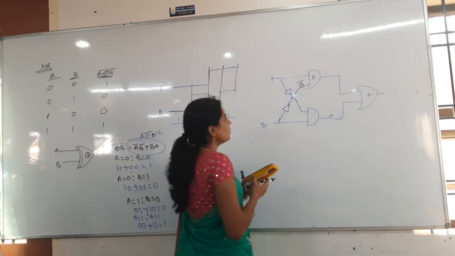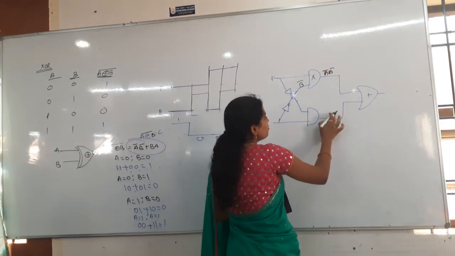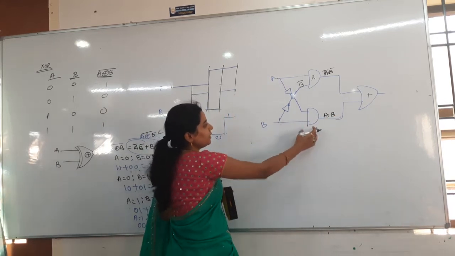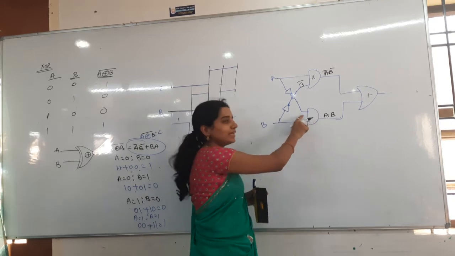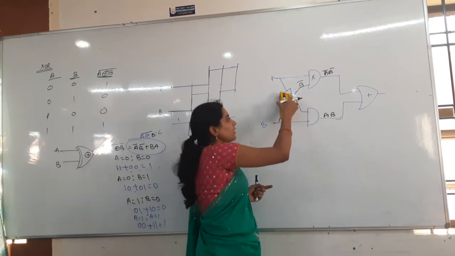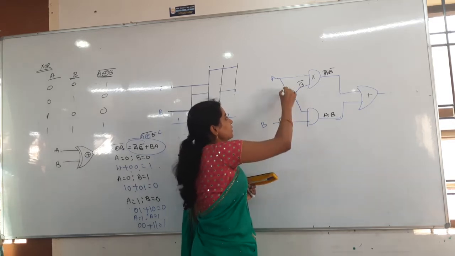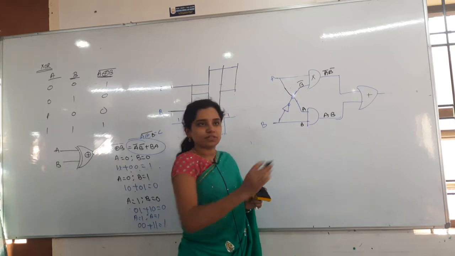So first of all, in one of the outputs I have to get A bar B bar. Another output should be how much? AB. So to get AB here, I am giving the B directly. Then how much do I have to give? Only A I have to give. But here how much am I giving? A naught. So I should not give this directly, I will take the connection like this. This is A, this is B. Okay, finished. That one is finished.